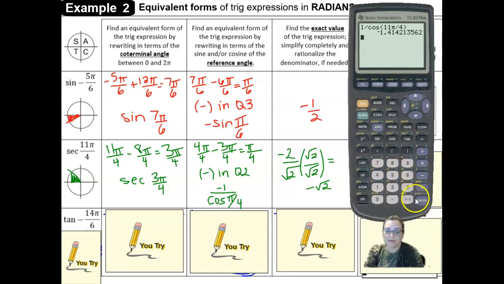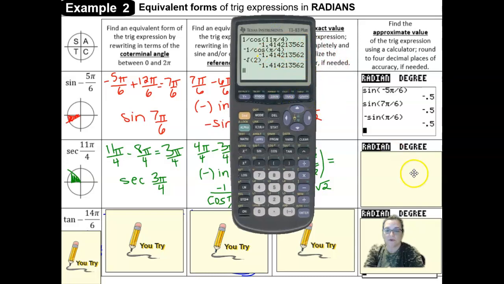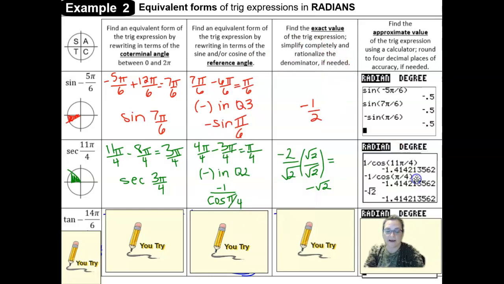And then we'll compare that to the negative reciprocal of the cosine of the reference angle, pi over 4. And we'll compare that to our final answer, which was negative square root of 2. And each time we get the same answer, so we're going to need to round that answer to 4 decimal places, which would be negative